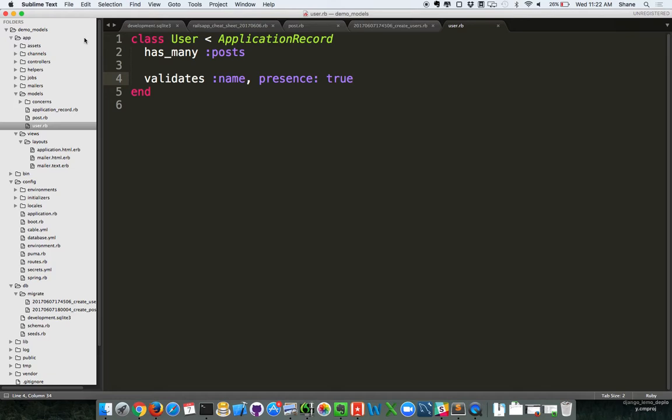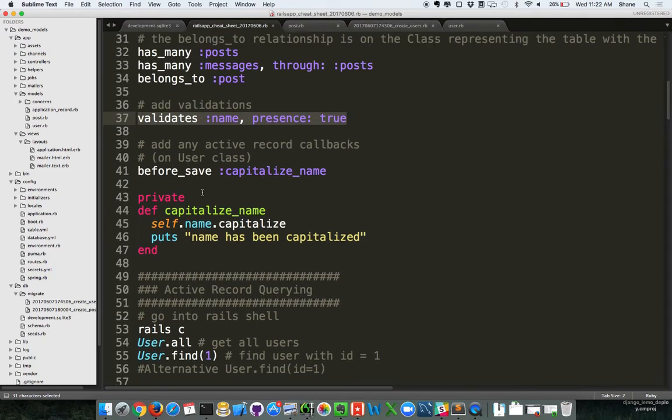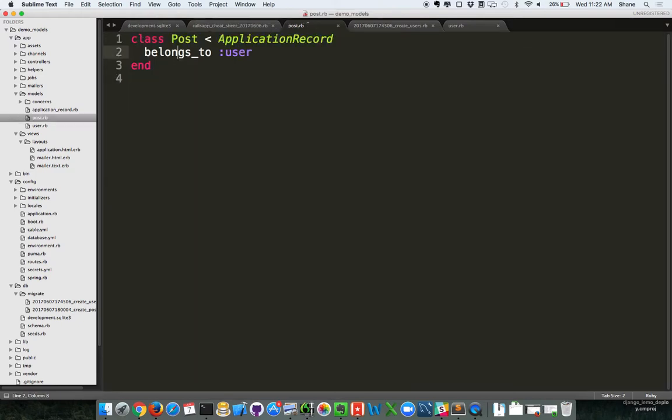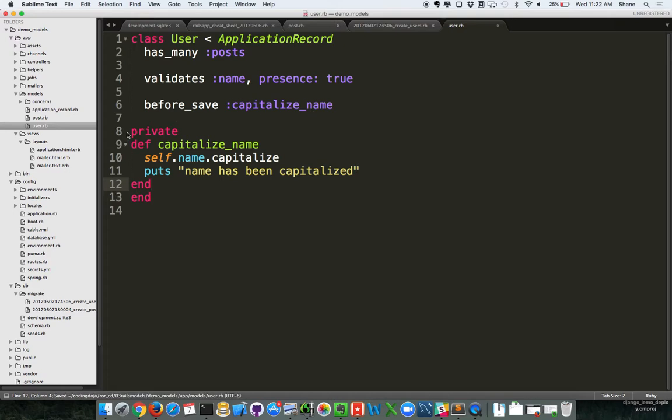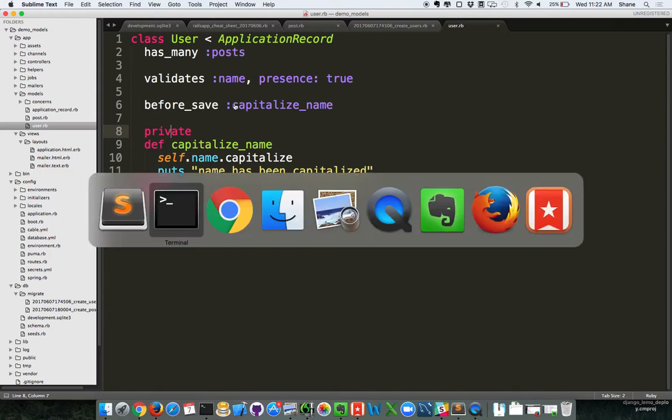Okay, so that's adding a validation, and then the last thing is there's also this thing called an Active Record callback. A callback is basically a piece of code that you define first, but it runs before or after an event, after something happens. So if I do before_save :capitalize_name, that means I'm going to run this method capitalize_name every time before it saves. If I were to add this to user.rb, and it can be a private method if I'm never going to call it directly, then if I were to create a new user,